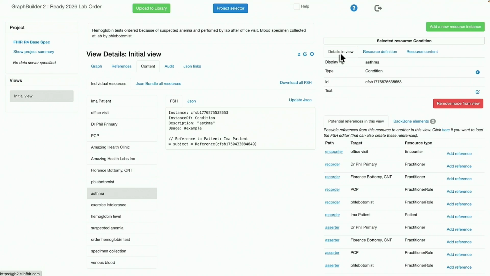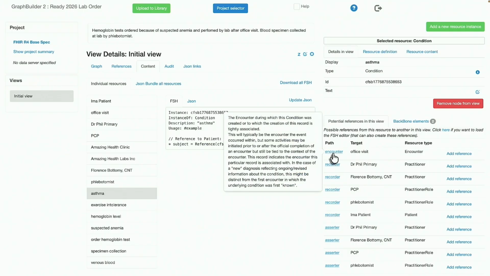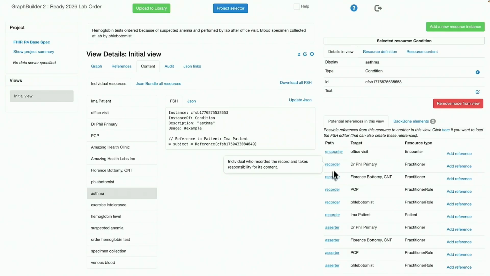And number 11, below this, click on the Potential References, which also may already be clicked. If you hover the mouse over the items in the left column, you will see an explanation of what each of those is. Number 11B, click Add Reference next to Encounter to associate this condition with the single encounter that's